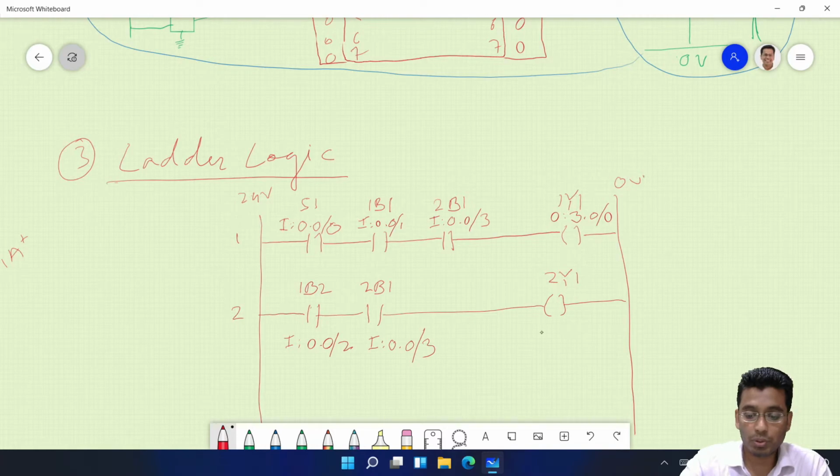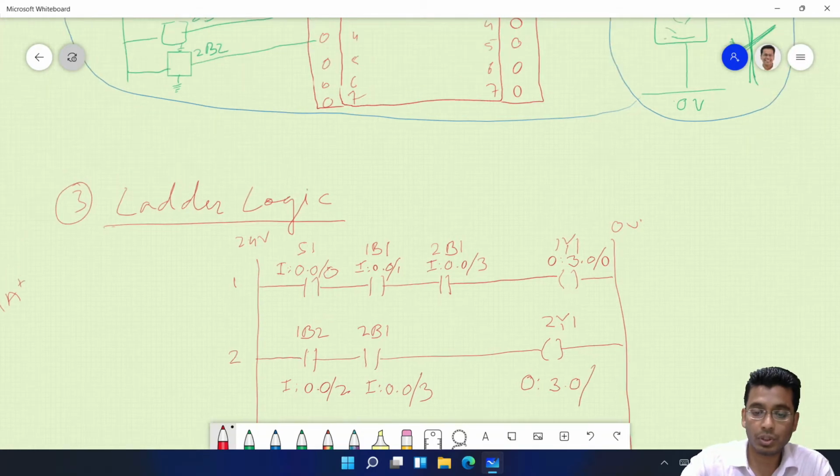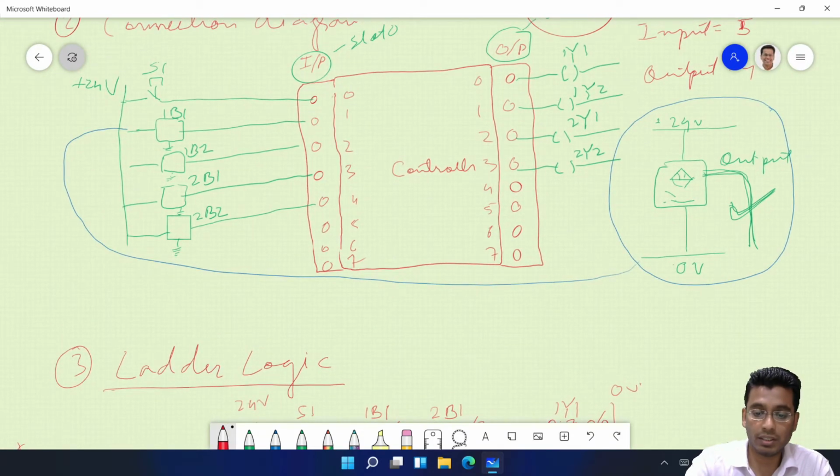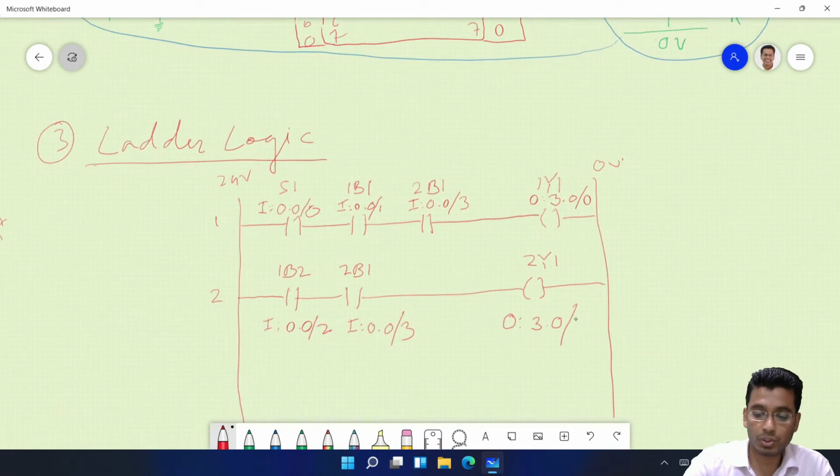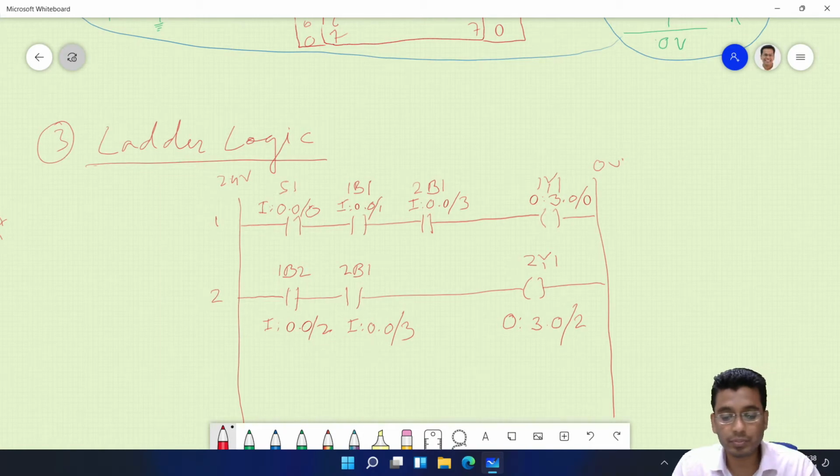Similarly for output, you will write O colon 3.0 slash 2, since 2Y1 is connected at position 2. Fine. So with this, what would happen? Your cylinder 2A will extend.